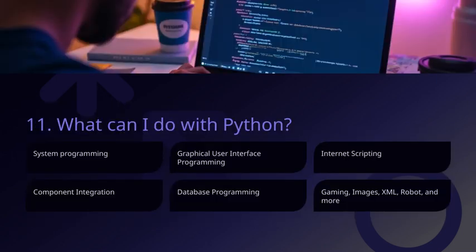So, what can you actually do with Python? Well, it's incredibly versatile. You can dive into system programming, which means automating tasks or managing your operating system more efficiently. It's also great for component integration, allowing different software parts to work seamlessly together. If you're interested in creating graphical user interfaces, Python makes that accessible, so you can build user-friendly applications. For those working with data, database programming is a strong suit,